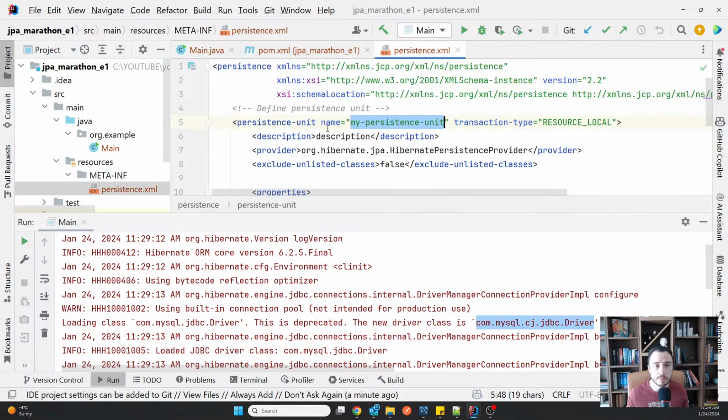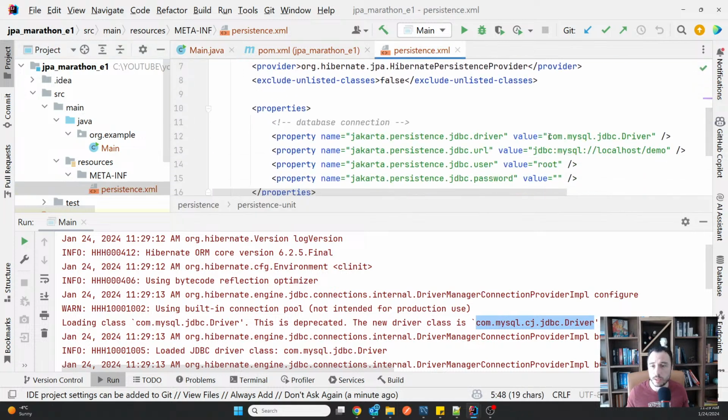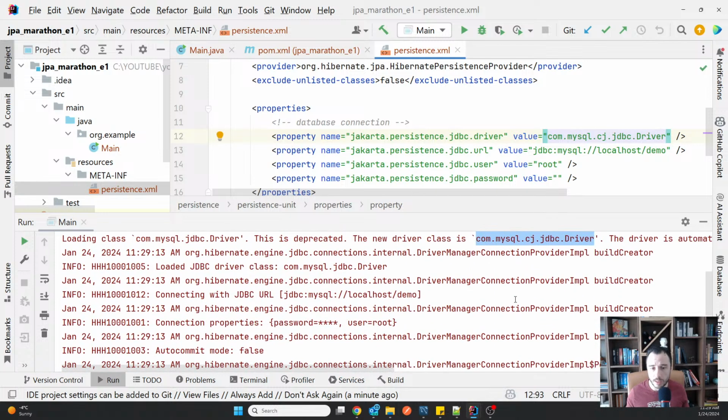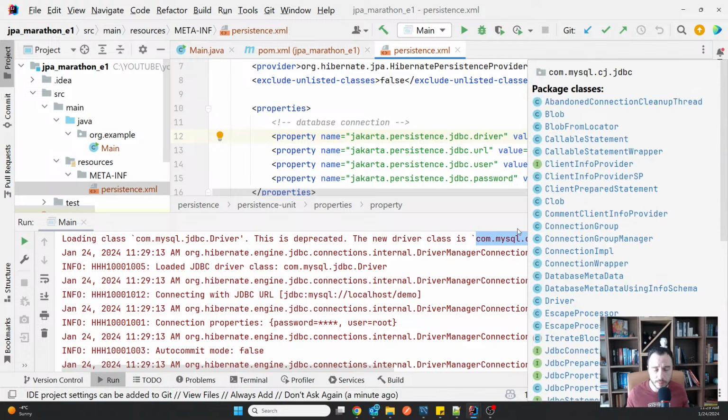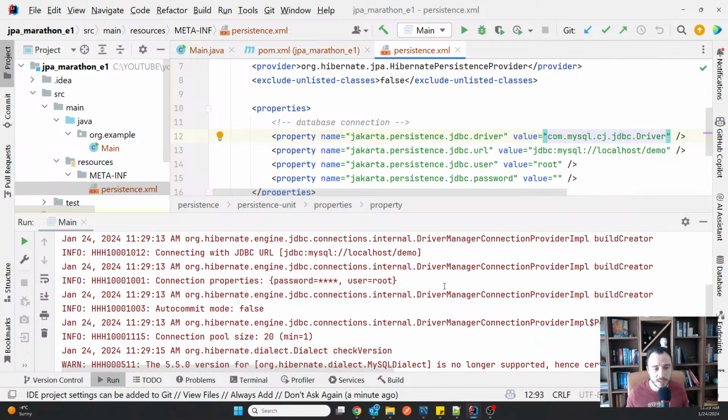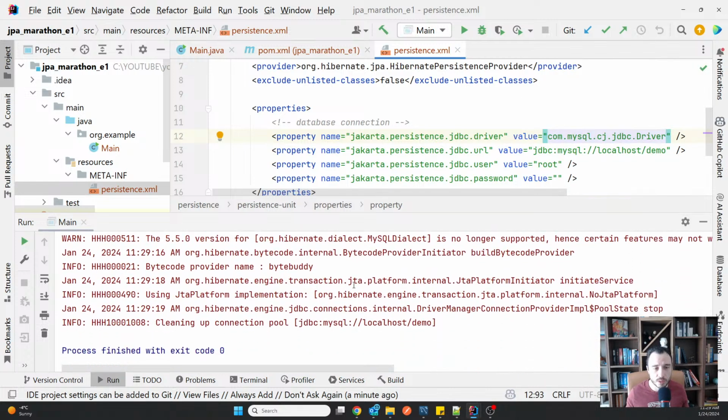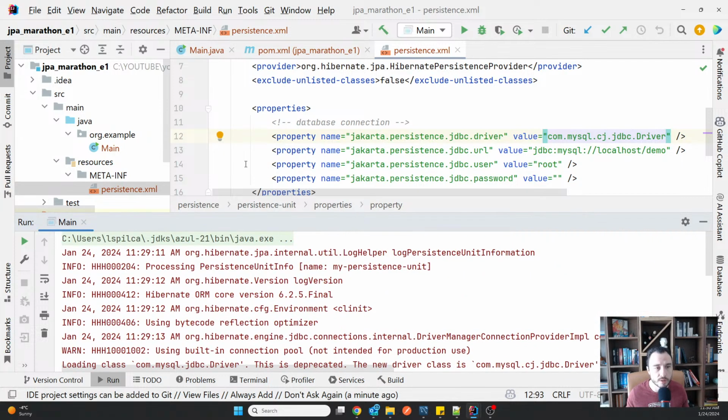That normally means I should go here, and instead of this, I should use that. And I actually knew that, but I'm so old that I'm used to the old class. And then you can see that nothing specific happened. It connected to our database, and then it closed everything, cleaning up the resources that we have created.